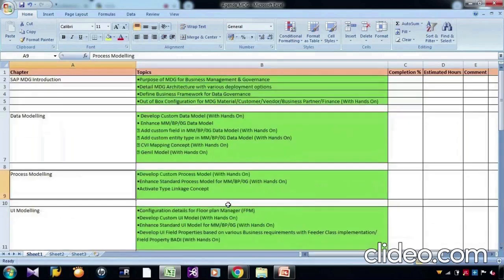Now, these topics, if you check with the job descriptions available in different job portals, you will see 99% of topics we are covering, whether it is functional, technical, techno-functional, or solution architect level. Because this is all about MDG, nothing beyond.